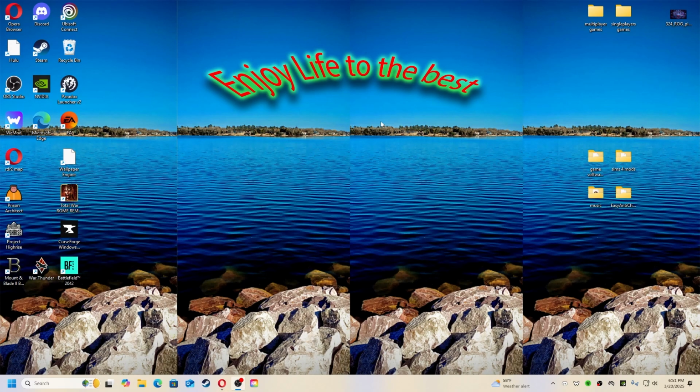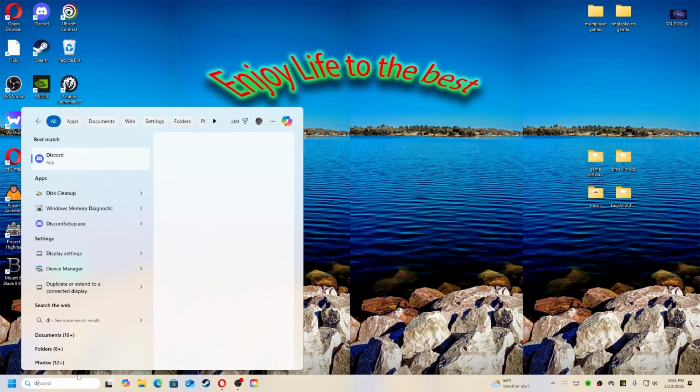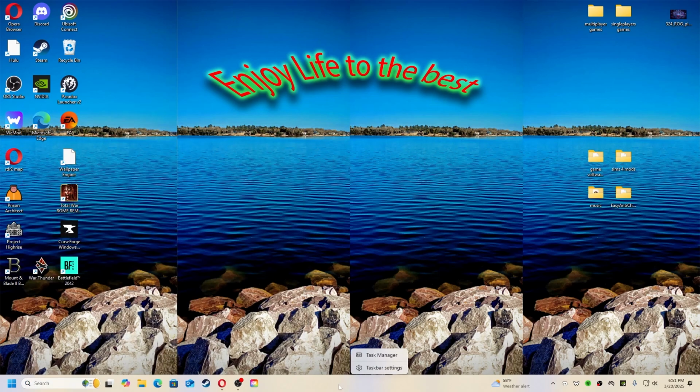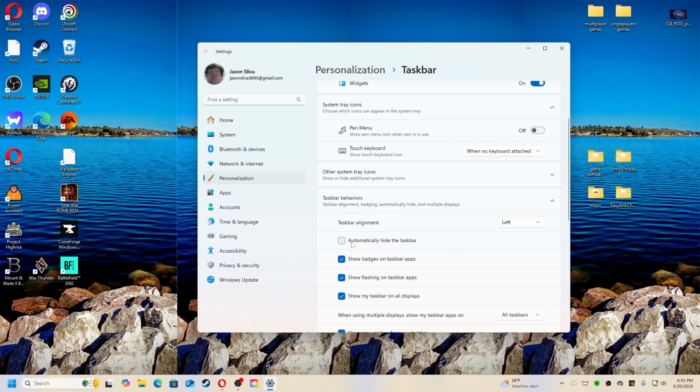Let's see here. So, something I did not know is when I actually installed Windows 11, because when I had this computer, I had Windows 10 on it. When I installed Windows 11, something I just found out is that you can just change the taskbar settings, and usually it's pretty easy to do this, but for me it was hard because I really didn't know that much about the taskbar settings at the time. But I used to always have it in the center, which okay, that's how it installed on my computer. But